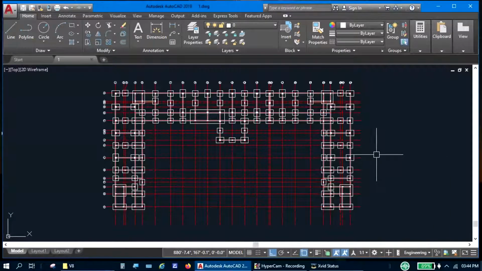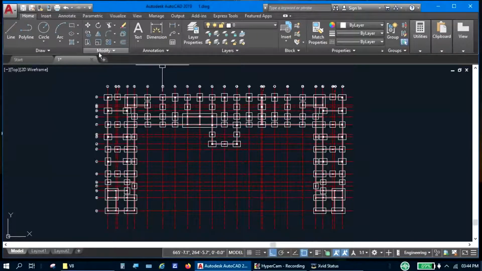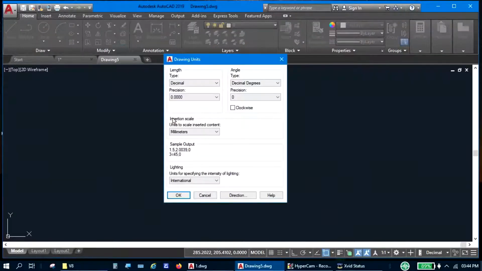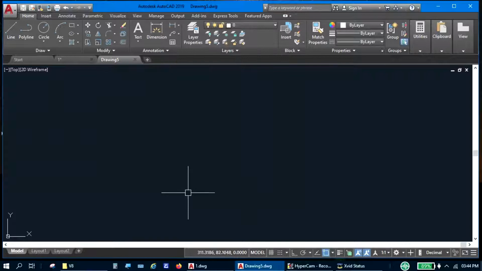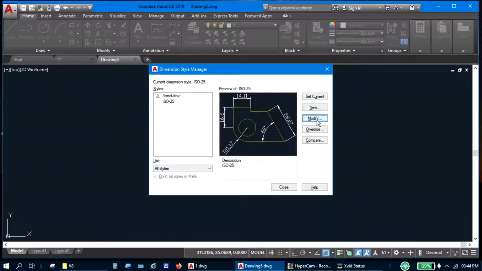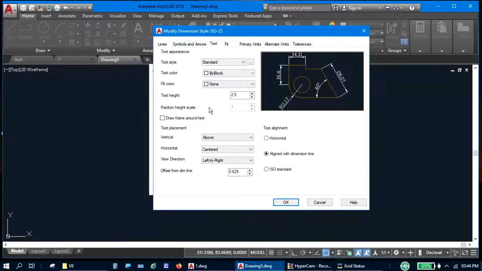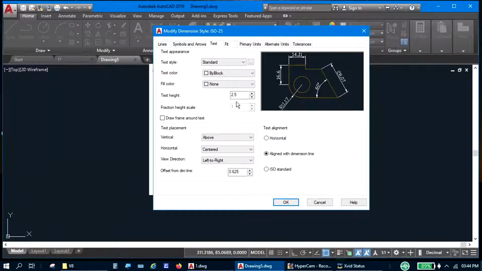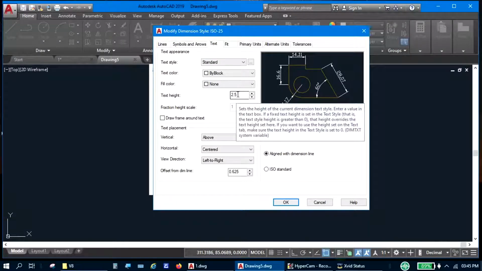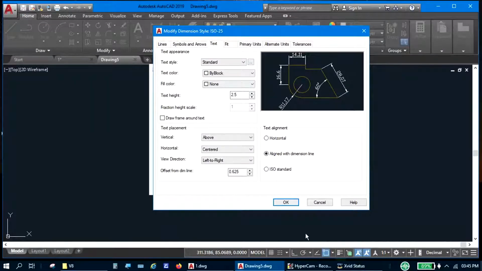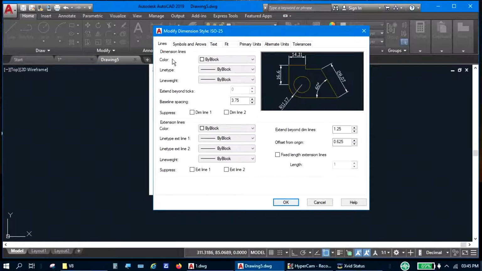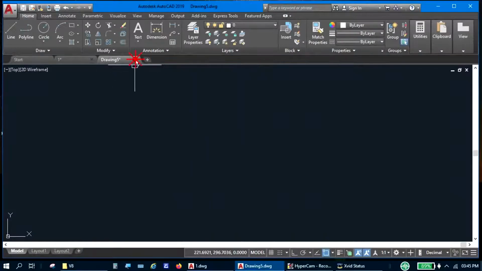Before we go further, I show you the fixed values in dimension style in a new drawing. You can see here it is in millimeter and decimal. Type D and open dimension style. Click on modify. Click on text. It will show the text height 2.5 millimeter. Because we set the drawing unit in millimeter, the standard number also showing in millimeter. For an example, you can notice any other values in the dimension style and will show in millimeter, but these numbers will not change when you open a new drawing in any unit.